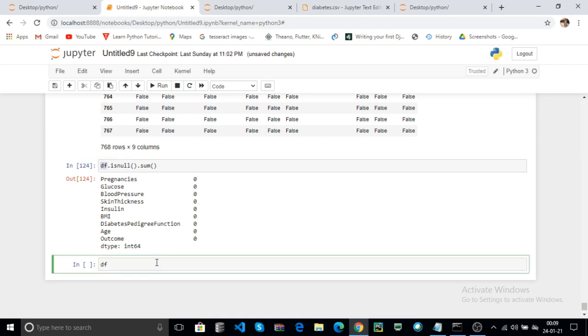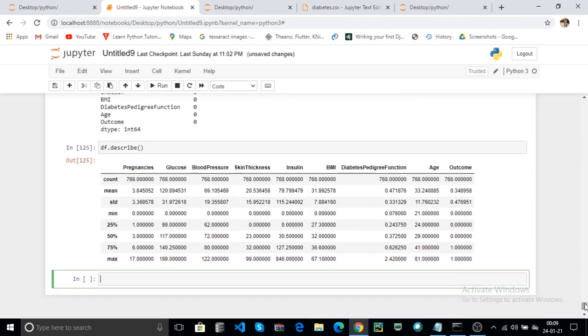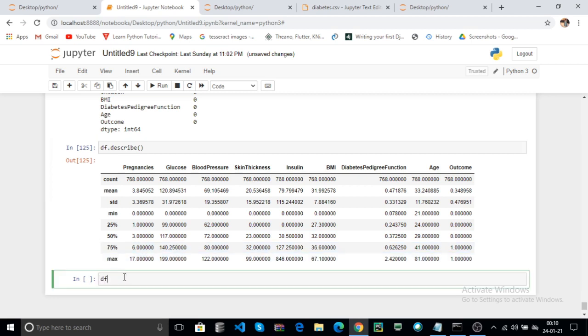Now the main function used is data frame dot describe, the main function in data science. Here it describes, for example, the count and mean of all the columns, standard deviation, minimum value, 25th quantile, 50th quantile and 75th quantile, and maximum values. You can also use df dot corr.